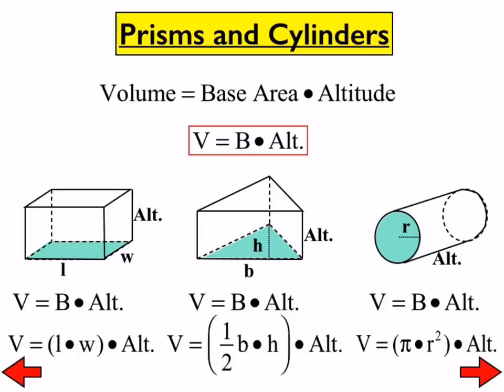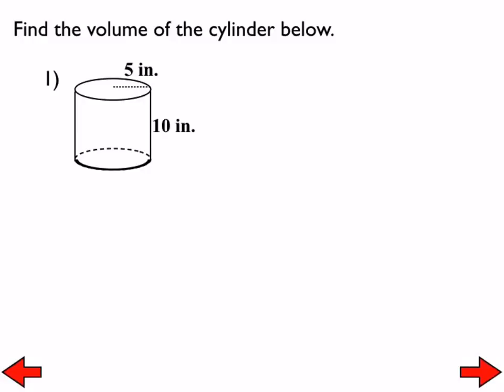And I realize finding the area of that base is different, but the idea of what you're doing is the same. Okay? All right? Everybody try the volume of that cylinder. Now I'm going to see if you can come up with this on your own. I'm going to continue with that idea of leaving things in terms of pi until the very end. So if the volume of that is the area of the base times the altitude,